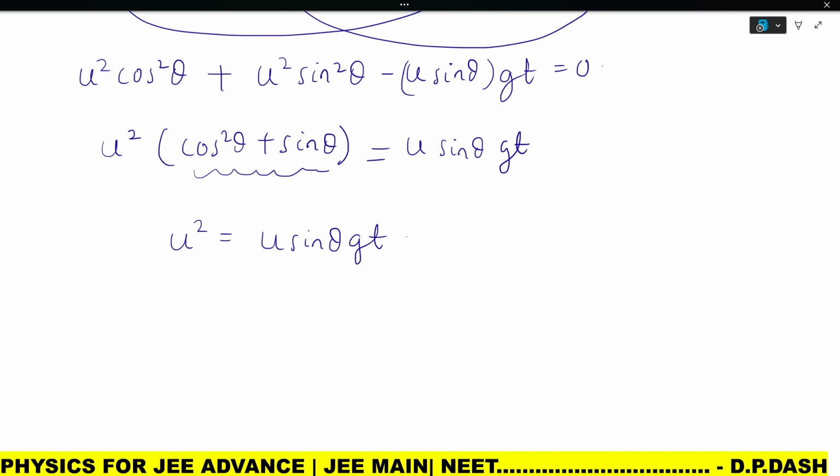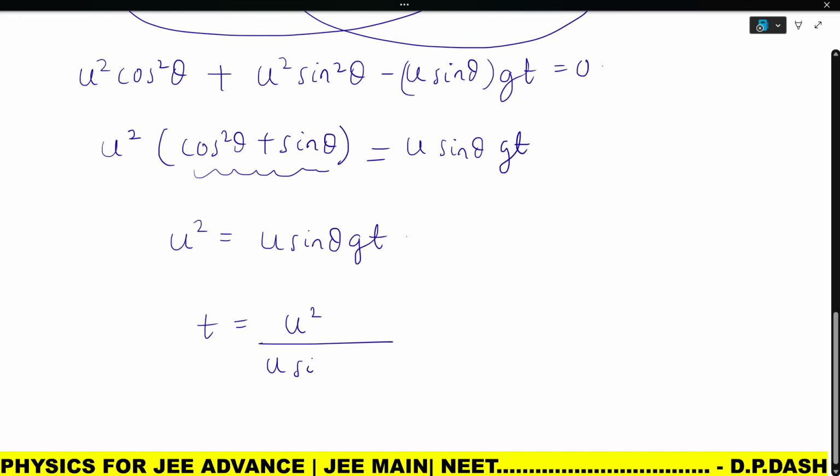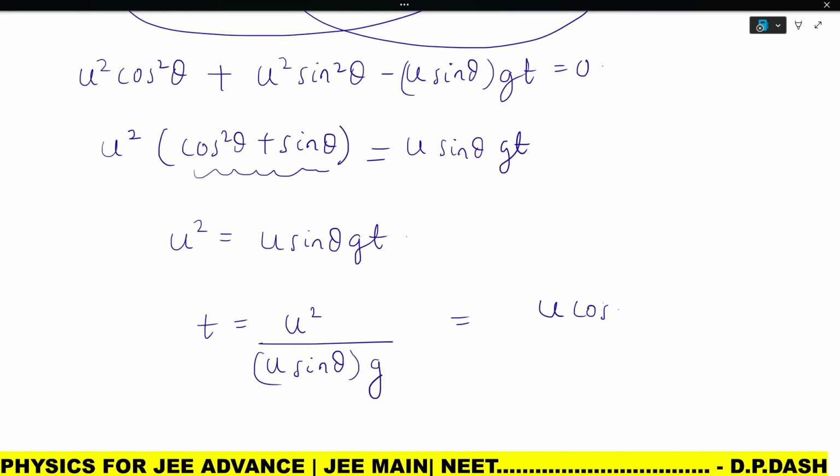So this gives me that time equals u square by u sin theta into g. Further you can solve this, one u gets cancelled, and you can write t equals u cosec theta by g. So this much time is required